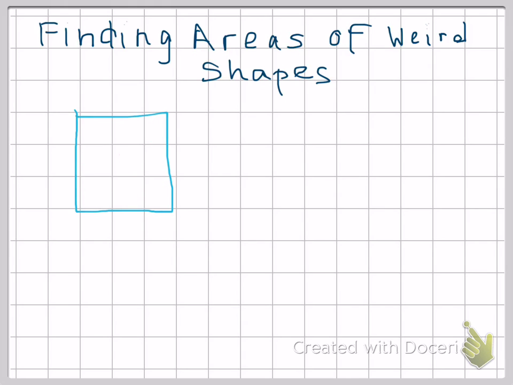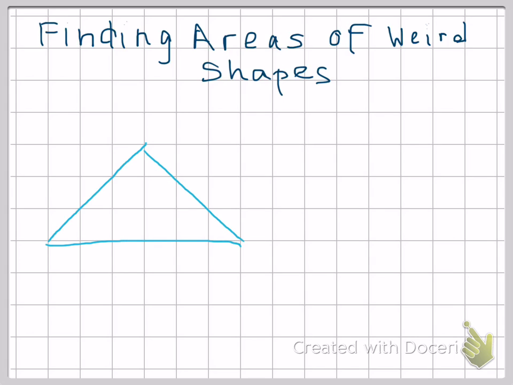But let's say you have more of a funky shape, maybe something that looks more like this. Let's draw a triangle. Okay. And we want to find the area. So one way we know is that you know the formula, which is 1/2 times the base times the height. And if there's not a right angle, you have to draw in that right angle. There's no right angle in this triangle. It kind of looks almost equilateral, but maybe isosceles. So we're going to draw a line right down the middle and find the area that way using the base,